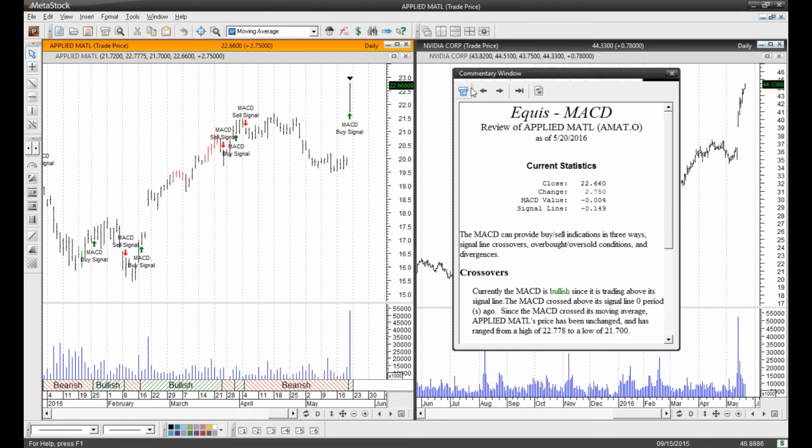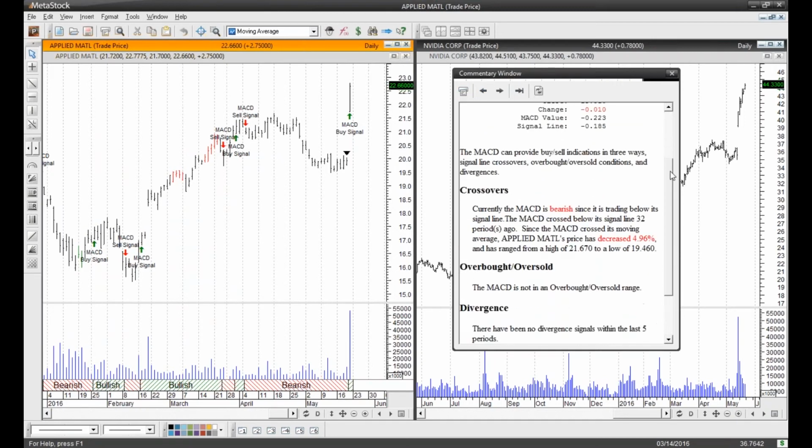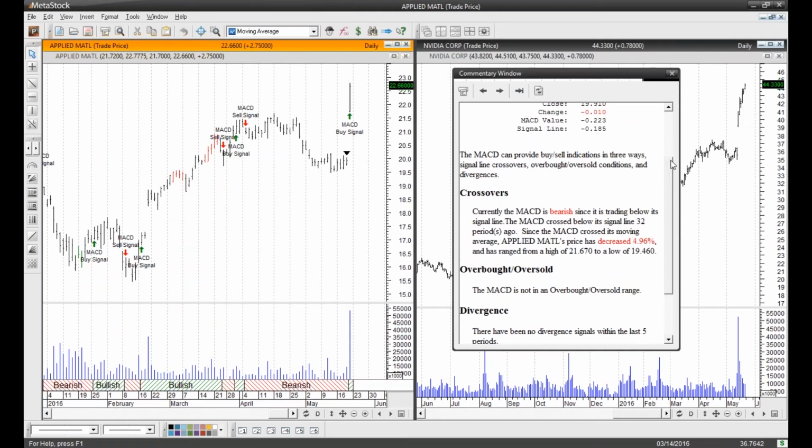Let's go over a bar that does not have a signal. This explanation says that currently the MACD is bearish since it is trading below the signal line. The MACD crossed below that signal line 32 periods ago. If you can see this black arrow right here, this is a bar that does not have a signal. Let's go ahead and take a look at